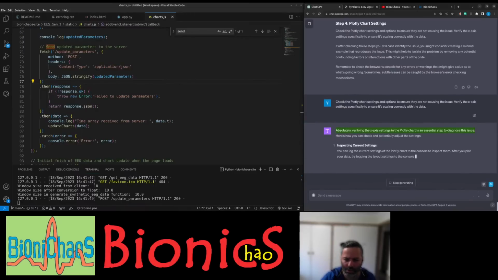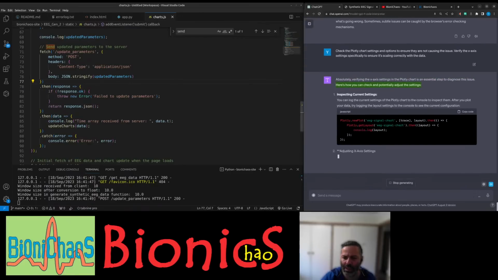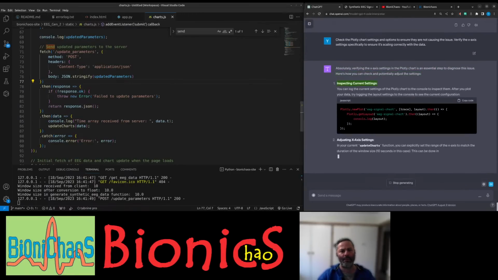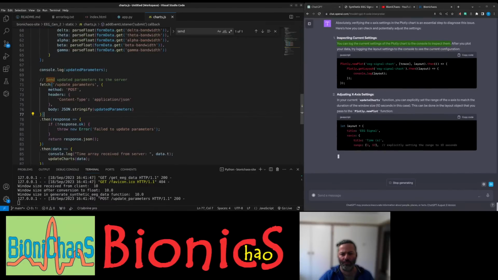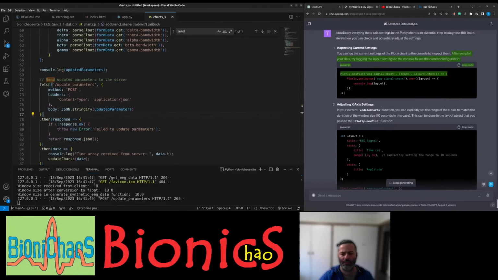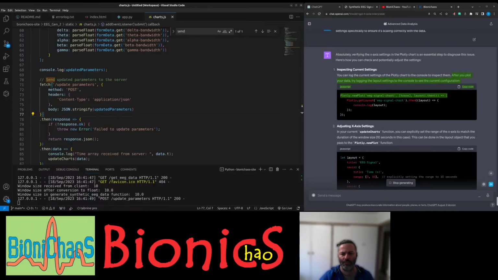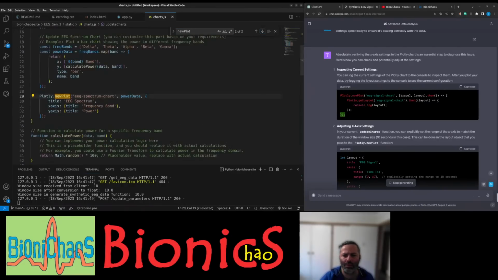Absolutely, verifying the x-axis settings in the Plotly chart is an essential step to diagnose this issue. Here's how you can check and potentially adjust the settings. Inspecting current settings. You can log the current settings of the Plotly chart to the console to inspect them. After you plot your data, try logging the layout settings to the console to see the current configuration. Plotly.newPlot(eg signalChart, trace, layout).then(() => { Plotly.getLayout(eg signalChart).then(layout => { console.log(layout); }); });